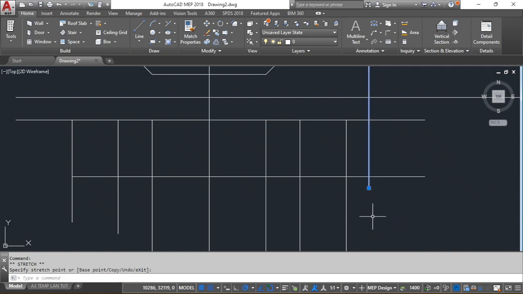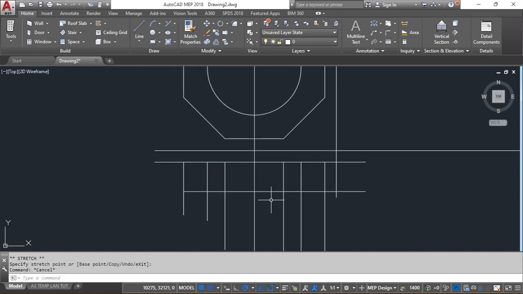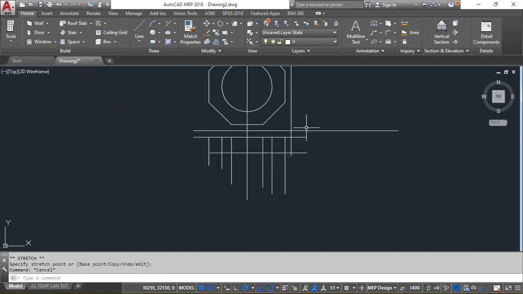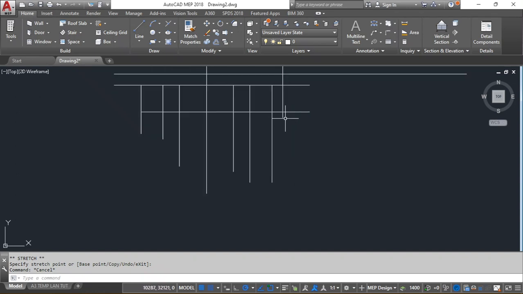Okay, just extend it. Oh, this is for the axis, so it actually needs to be longer than this. So select it and move it a little bit down. Okay,